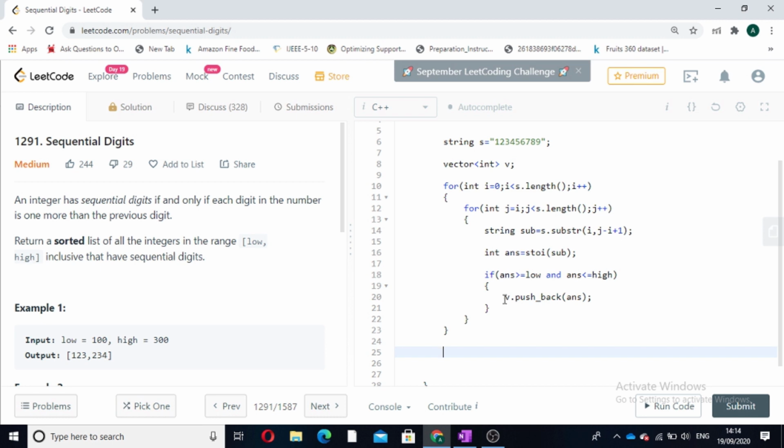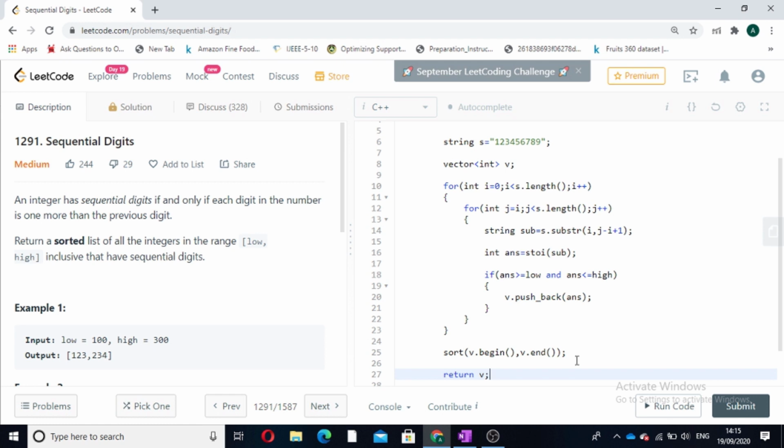Now after this loop, we contain all the possible answers which are present in low to high, but they are not sorted in order. So we have to sort our vector. Now once we have sorted, we will return this vector.